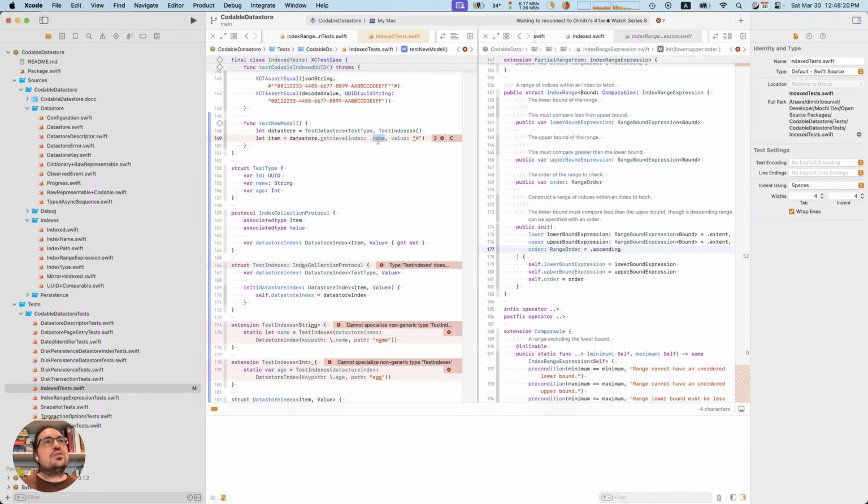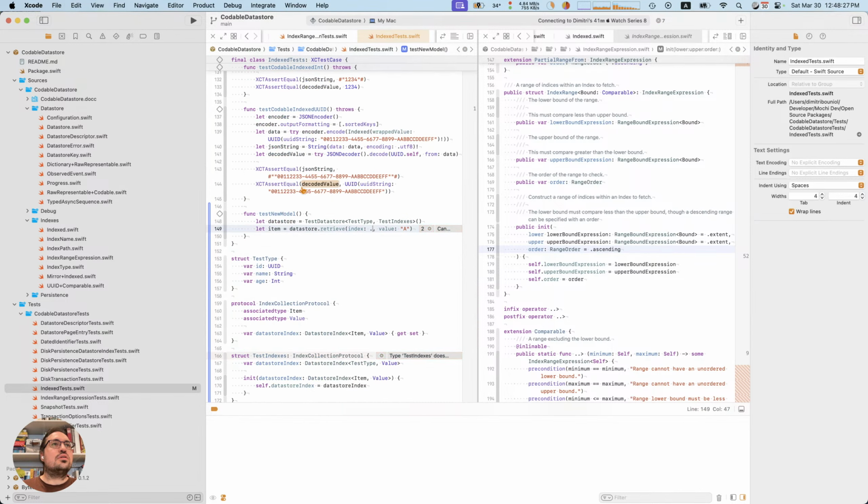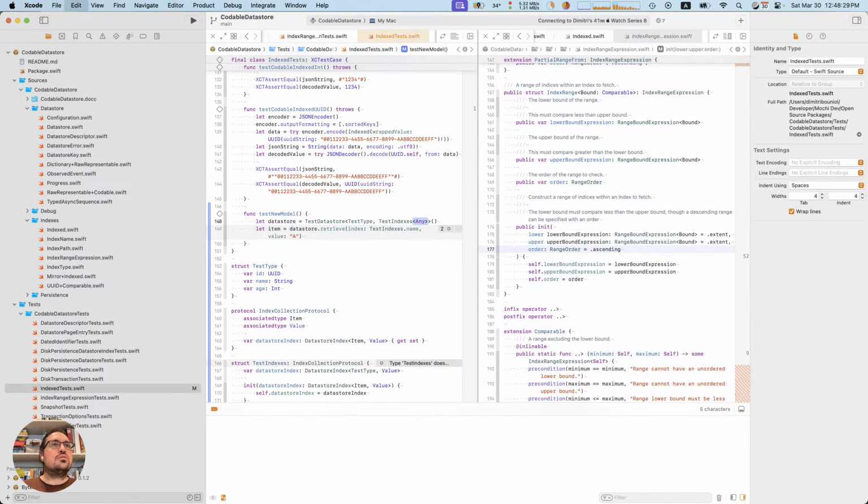Now, okay, maybe there's a way to do this. That was loud. Okay, let's keep the value there. Let's go ahead and put the meta type here. Does the meta type work? No, the meta type needs to specify what it is.